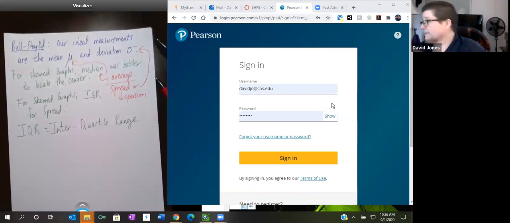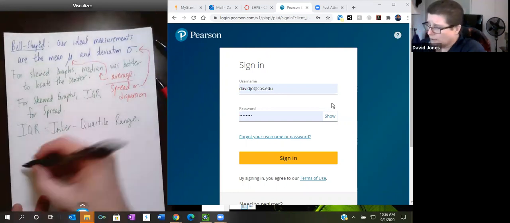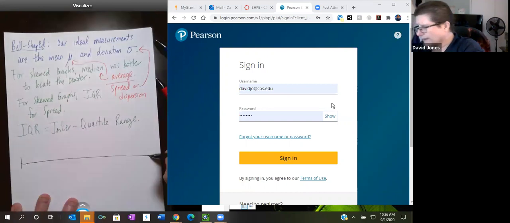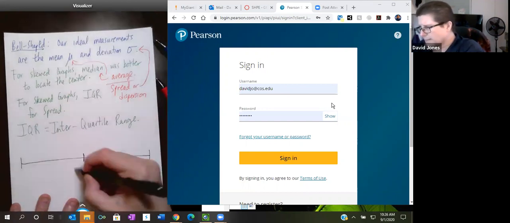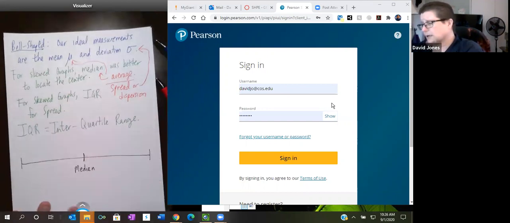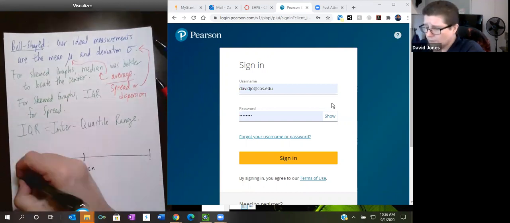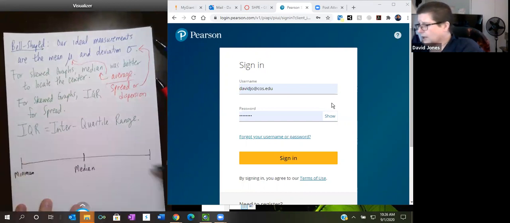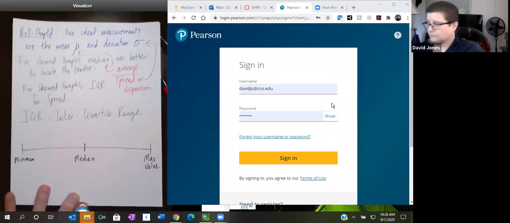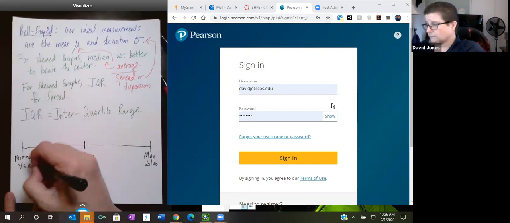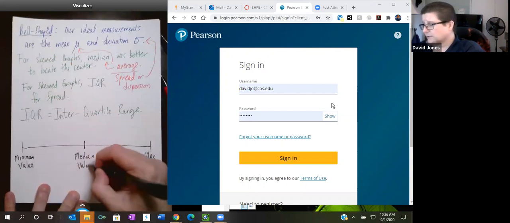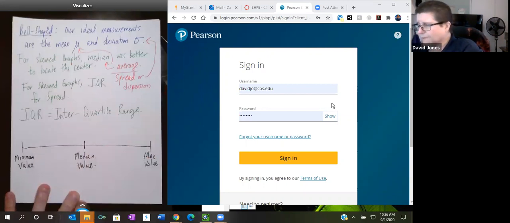And this is how you find it. So if we put our values on a line, remember the median's in the dead middle. The lowest one, the one all the way to the left, is our minimum value. And over here on the right would be our maximum value. In the middle, we got the median value. If we go halfway in between,